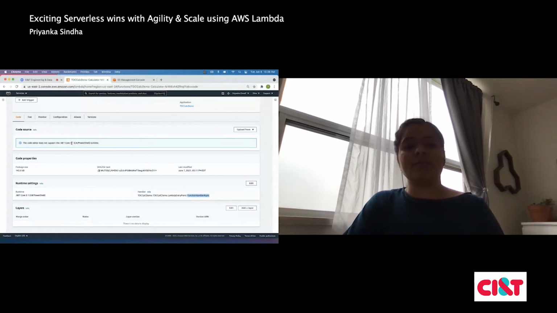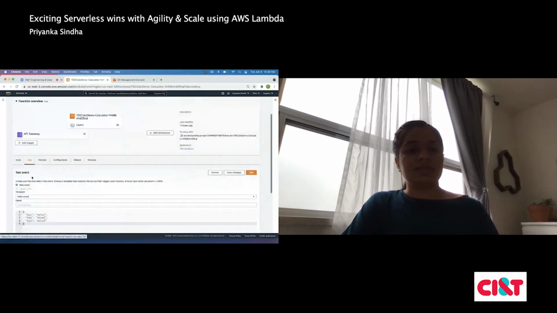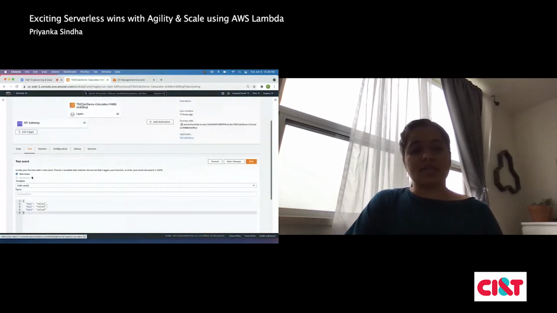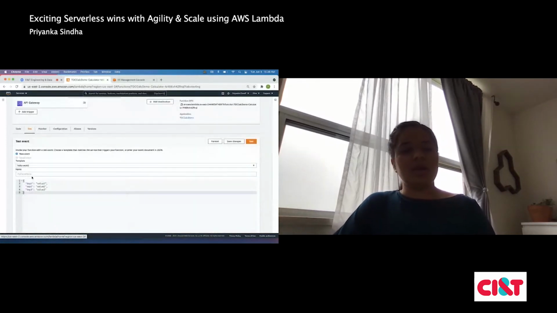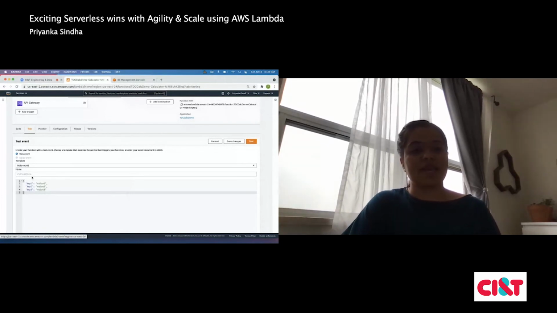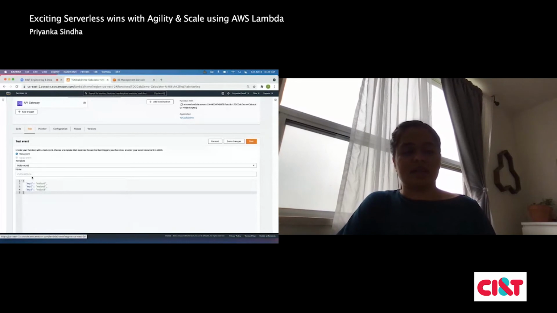So now you have deployed it and you want to test it, so you test the Lambda. This is called the Lambda Test Console. They provide it built in, but I would suggest using Postman or another API testing tool to test a serverless function or APIs that you have built, rather than testing here. It gives a response, but Postman gives better control and a better user experience, because you see all the logs and everything in one place, rather than in a different response.